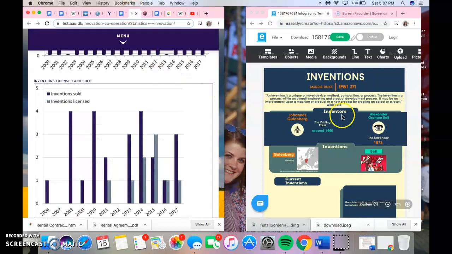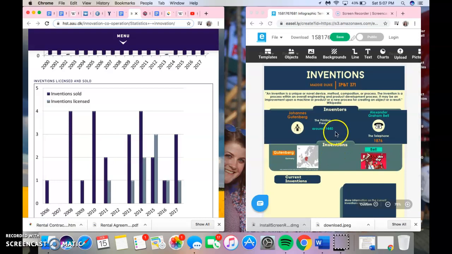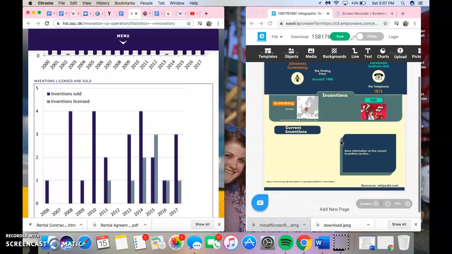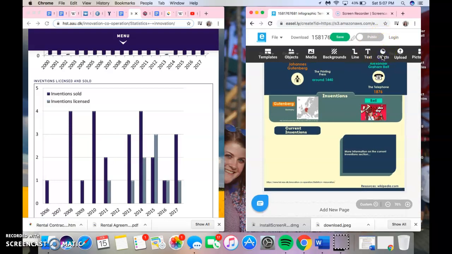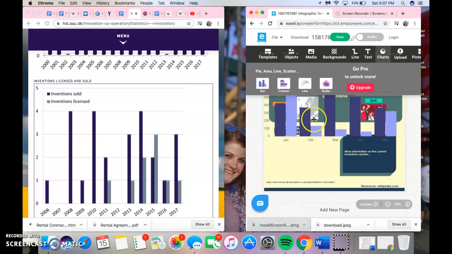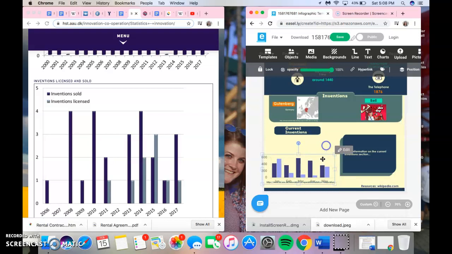Okay, so this is my infographic so far, and it can be part of my technology infused lesson plan. So I would create the chart, and I was planning on putting it down here for this